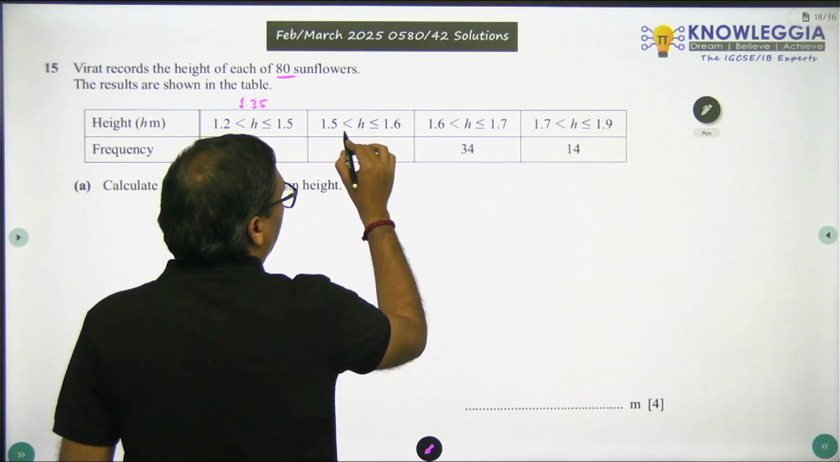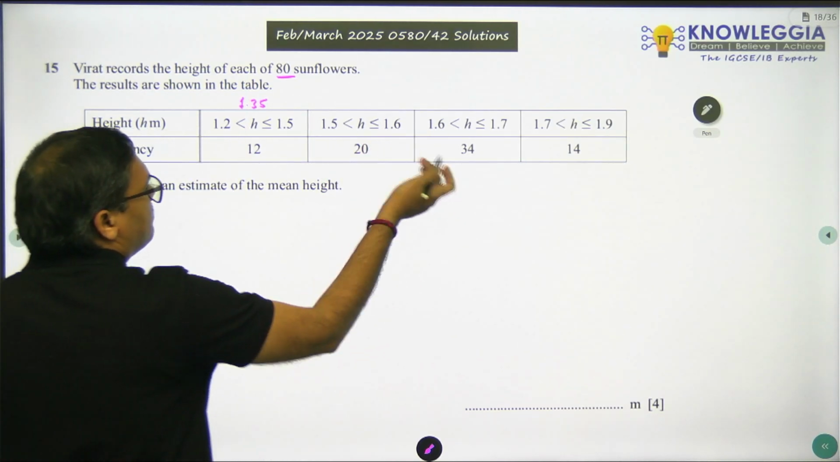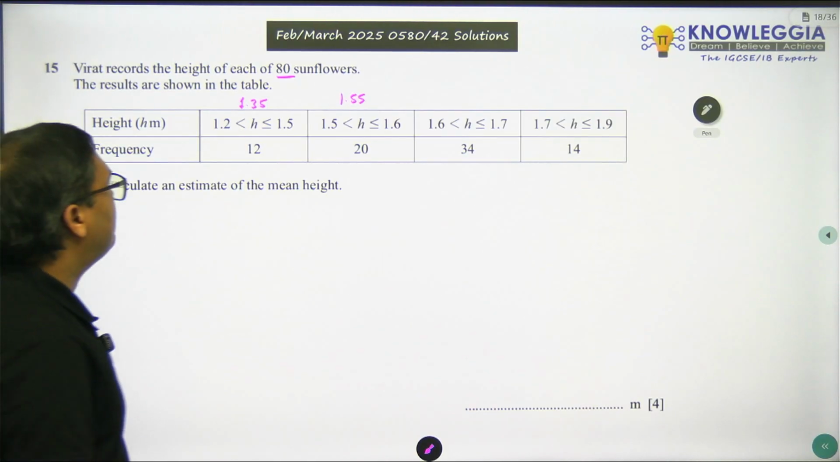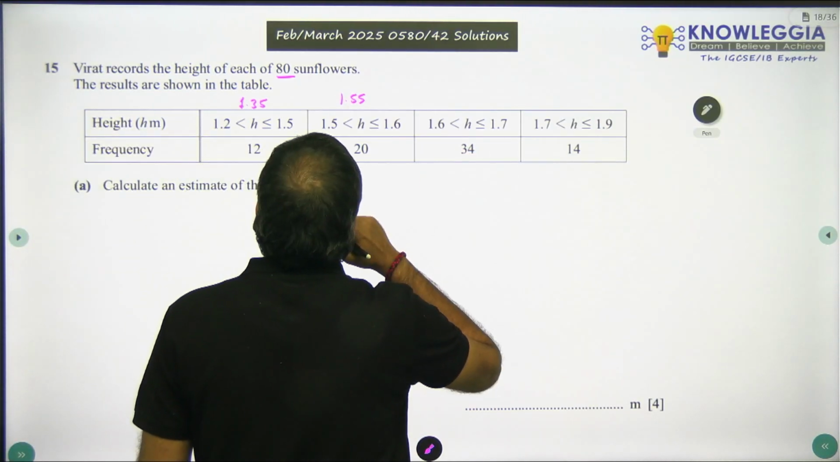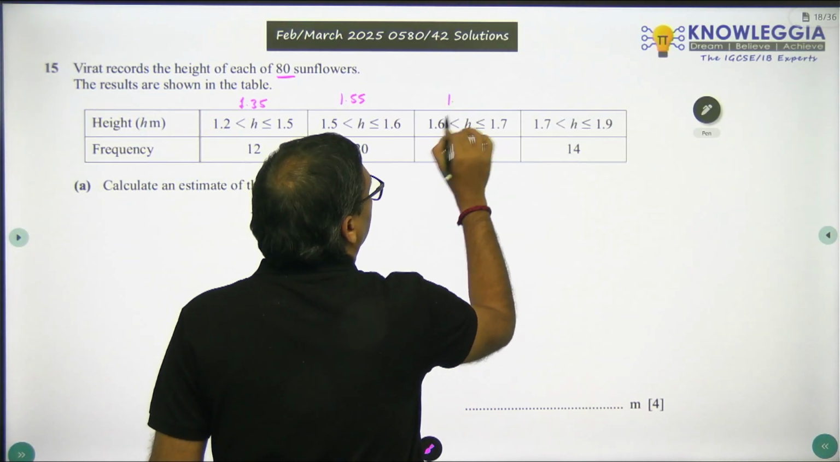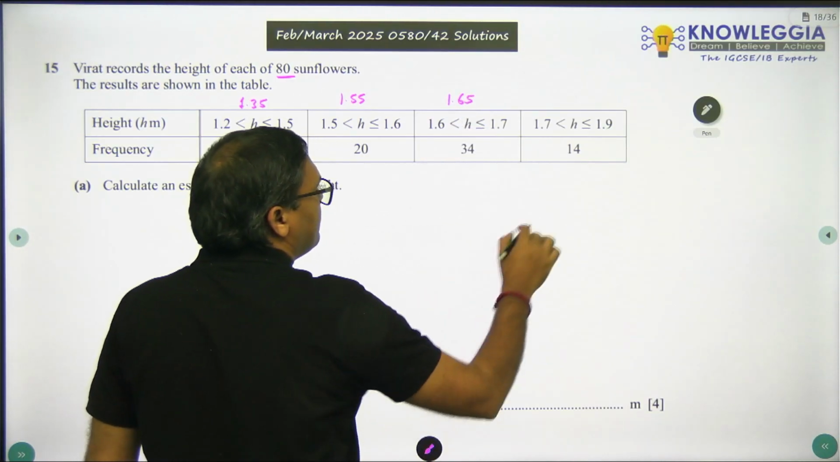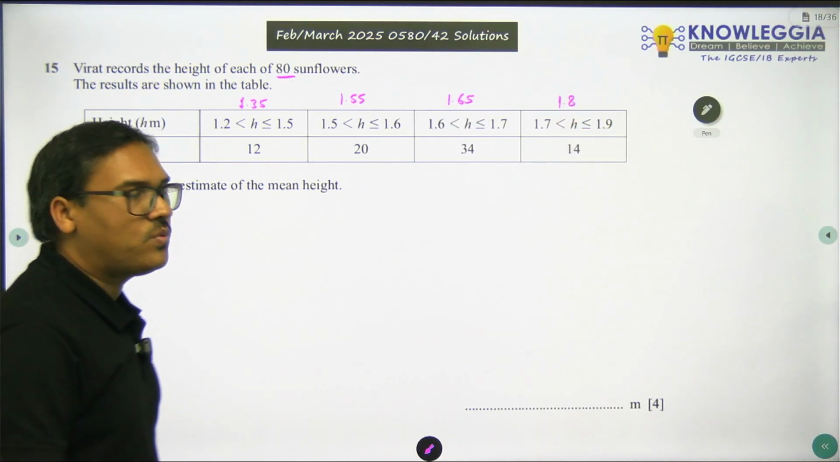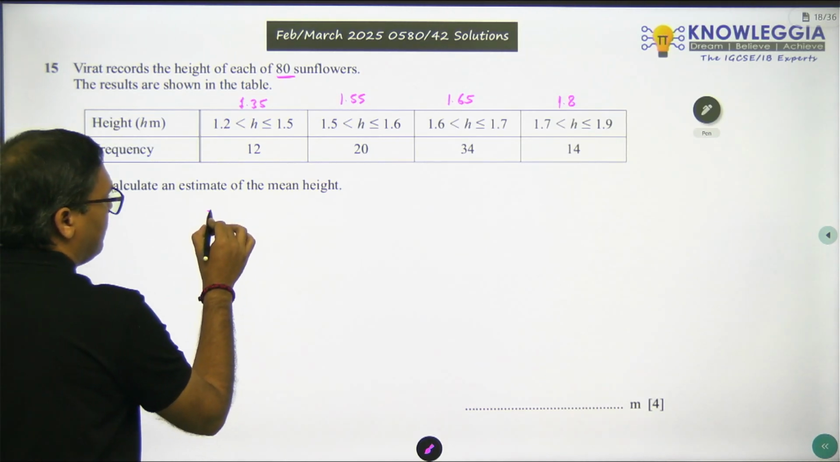Then you can see 1.5 plus 1.6 by 2, which is 1.55. You can just check this. Then the next midpoint is 1.65 and this is 1.8. That is the midpoint. So what is the mean? Mean height will be